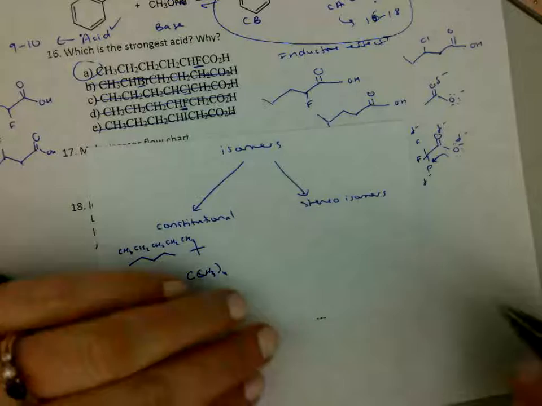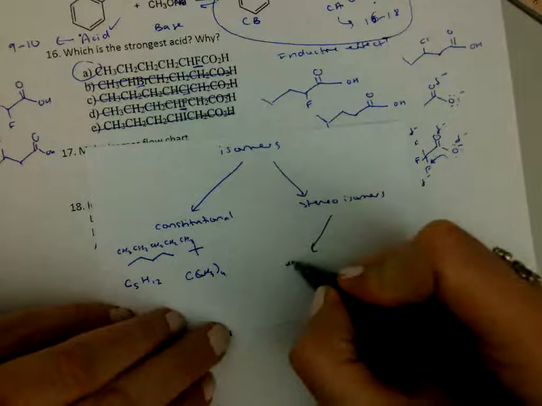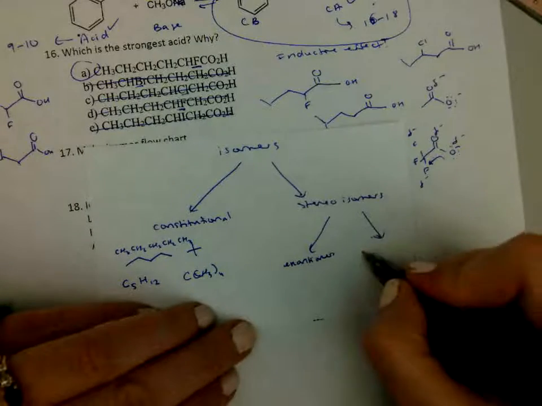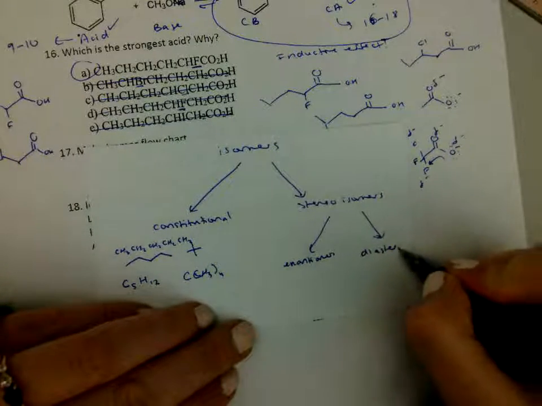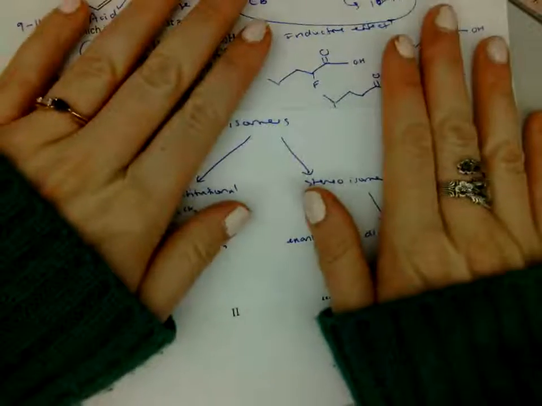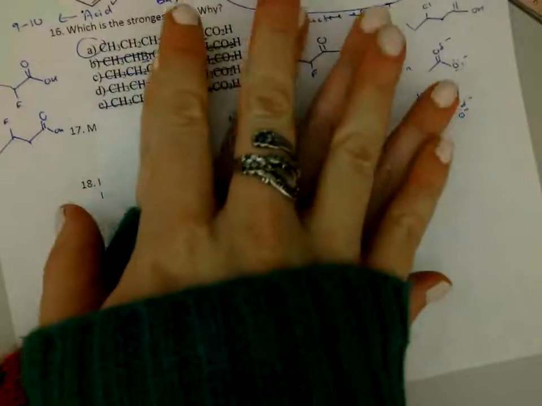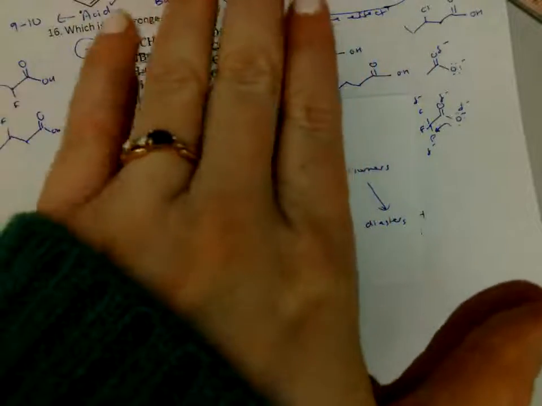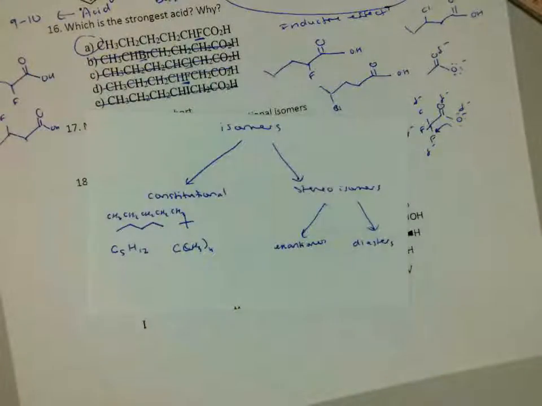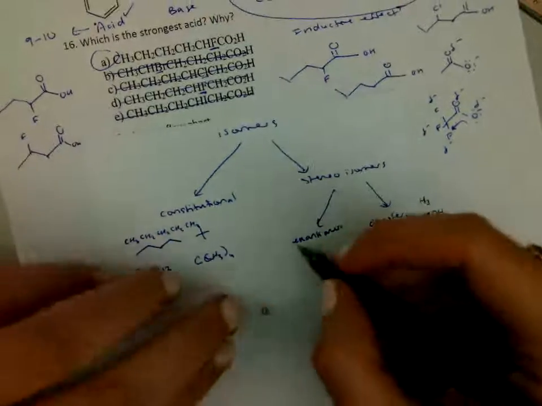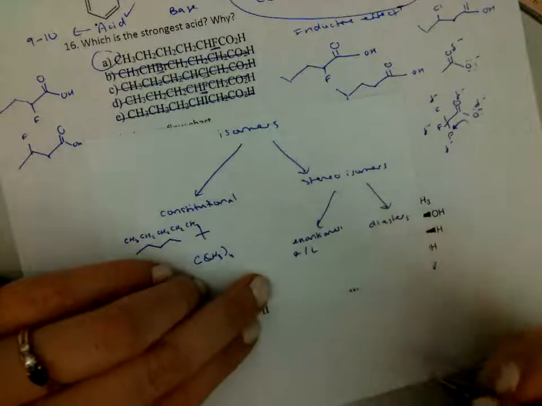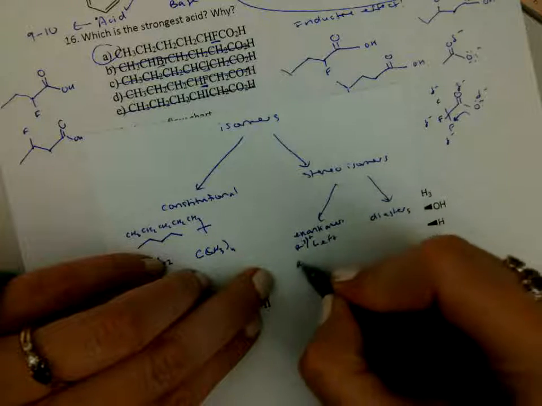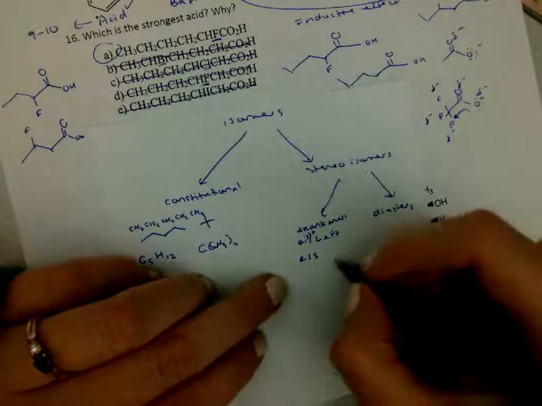Stereoisomers would have the same condensed formulas, and there's 2 kinds. There's enantiomers and diastereomers. And enantiomers are non-superimposable mirror images. So that's if there's like a left and right hand and you can't put them over top of each other. To do that, you have to flip it over, but then it's not actually exactly the same. So those are enantiomers. Right and left-handed is what I call them, right and left. And they have R and S designation. So if you have